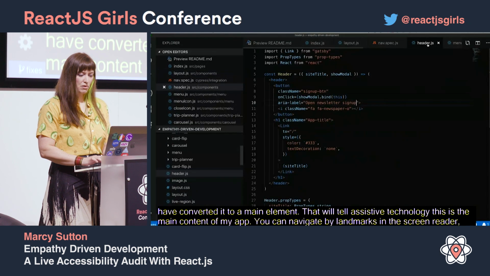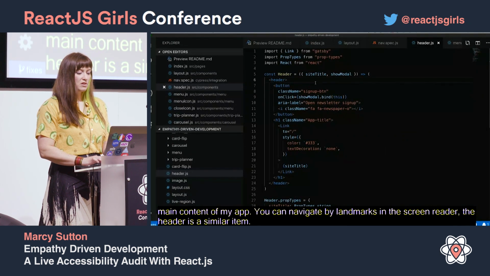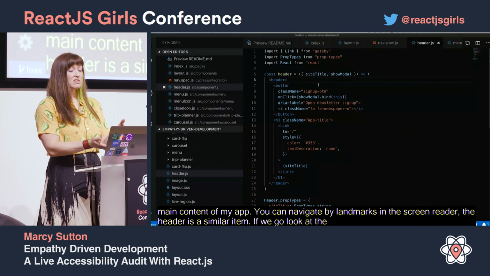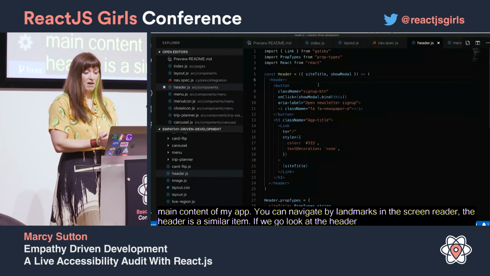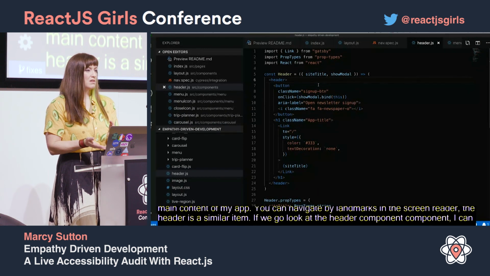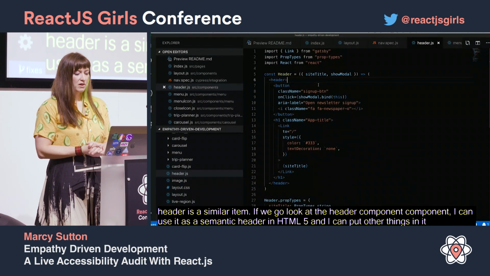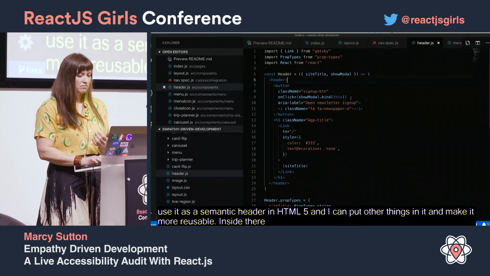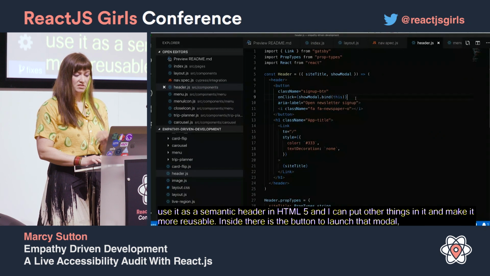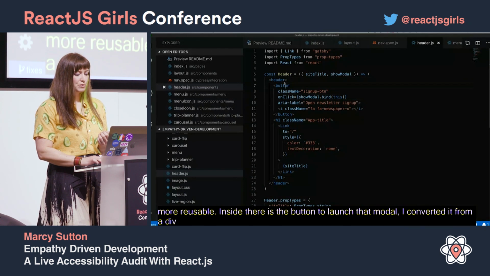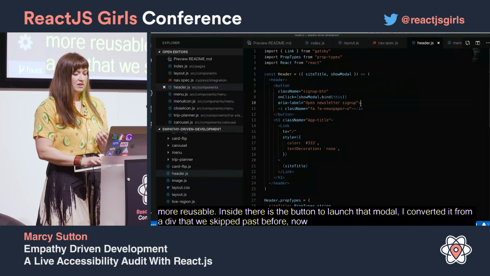If we go look at the header component, that's a component where I can use a semantic element like header in HTML5, but I can put other things in it and make it more reusable. So inside of there is the button to launch that modal. I converted it from a div that we skipped past before. Now I can reach it as an HTML button. It has an